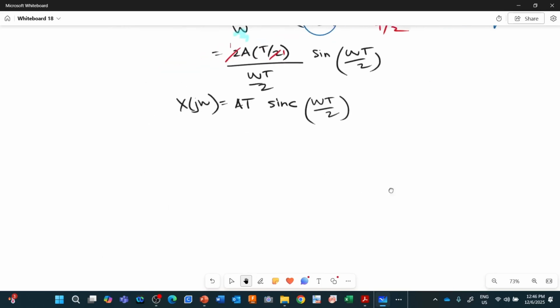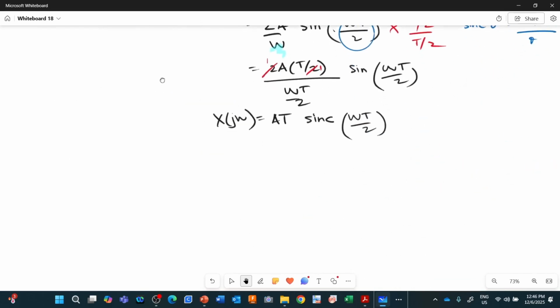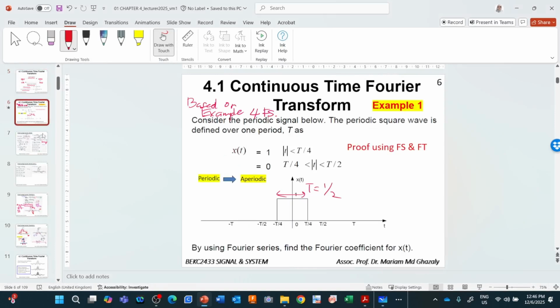Because according to the Fourier transform table, if you have a rectangular pulse, it is given by A T sinc omega T over 2. So this is the proof. Of course, for the others we are not going to prove it because we don't have time. But if you are interested to see how it's been proved, for example,